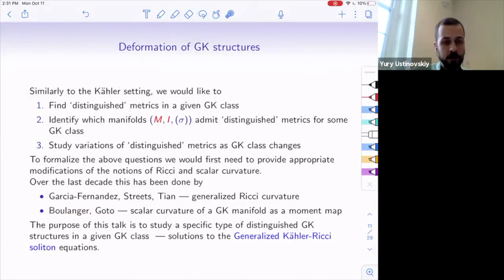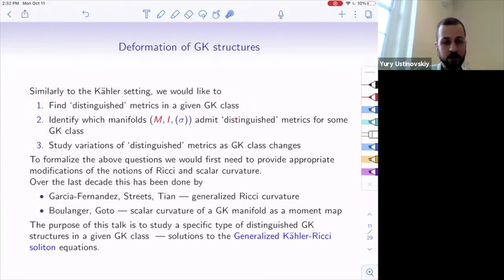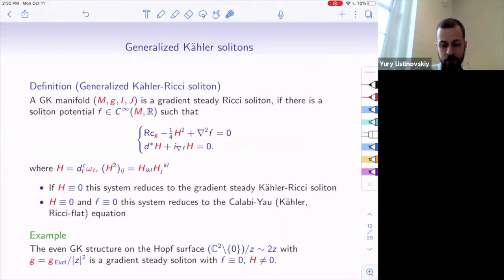So the purpose of this talk is actually to focus on this question. I'm going to focus on studying distinguished metrics in a given generalized Kähler class. Specifically, the type of metrics which we're going to study are generalized Kähler-Ricci solitons, which I will define on the next slide. A generalized Kähler-Ricci soliton is a system of equations on a generalized Kähler manifold and a smooth potential, the soliton potential